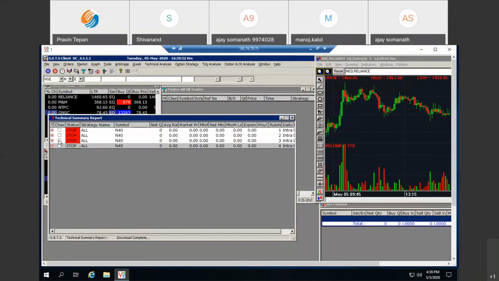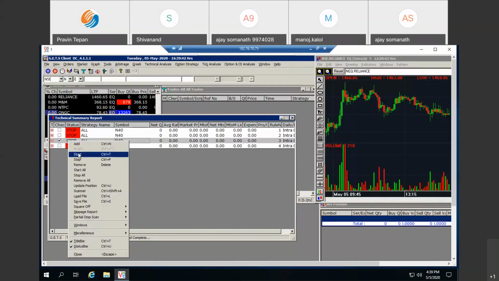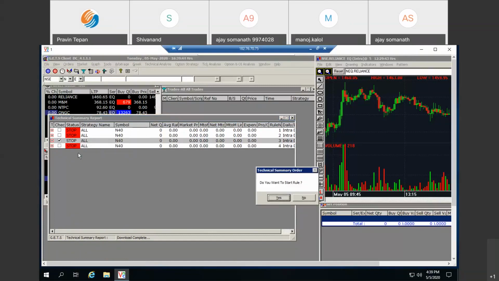Since you have added the rule, it will be shown stopped in red color, and you have to select the rule by checkbox, right click and start. So if you check the rule and right click and start, the rule will get started in the live market. It will automatically start scanning for your strategy in all the scripts, and as soon as any condition becomes true, it will start placing the order without any pop-up.